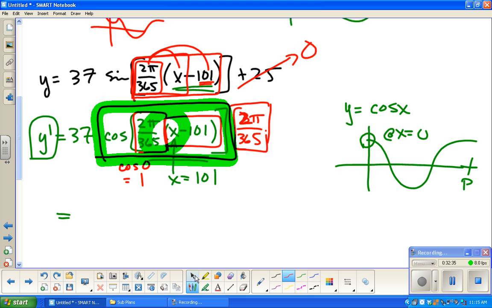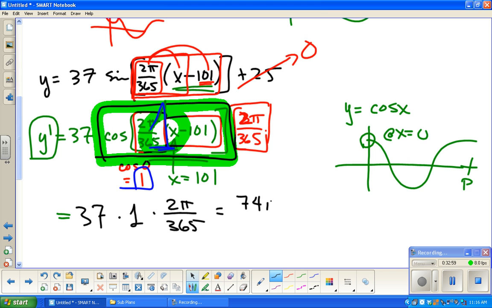I'm sorry, I lied. This whole thing in the middle is 1, because the cosine of 0 is 1. Okay, sorry, I spoke too soon. All right, so ultimately this just becomes 37 times 1 times 2 pi over 365,